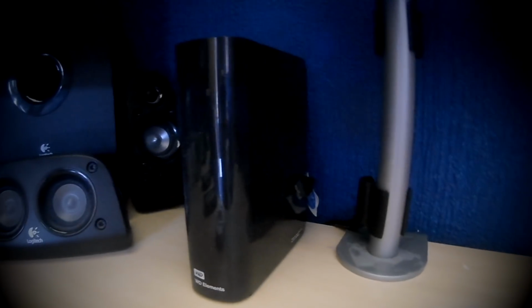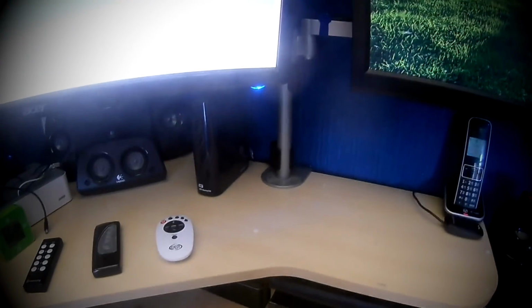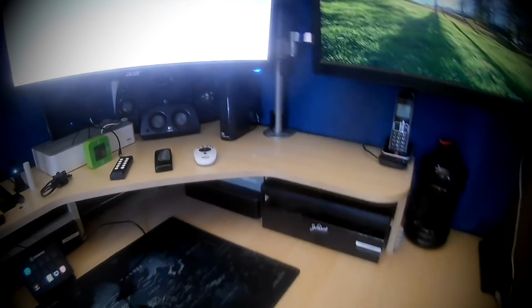This is a bit of a sad situation. This is my external hard drive. That's what backs up everything that's on my PC. When I was rewiring everything, I knocked it over and now it doesn't seem to be working, so I'm going to have to either replace that or fix that. I don't know what's going to happen there. But yeah, I think